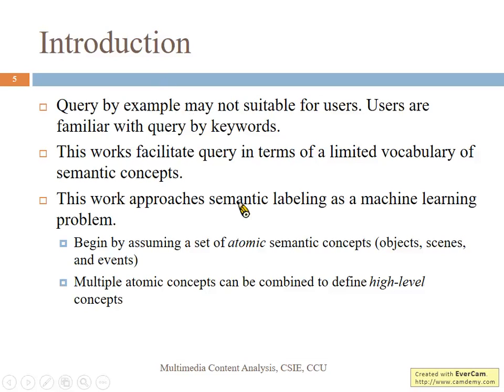What is the motivation of this work? We already know that we can do content-based image retrieval. We may also do content-based video retrieval. However, query by example may not be suitable for users, because users are more familiar with query by keyword. So imagine, although right now we can do content-based image retrieval or query by example in Google, how many times do you use such retrieval in Google? You are more familiar with typing keywords to find